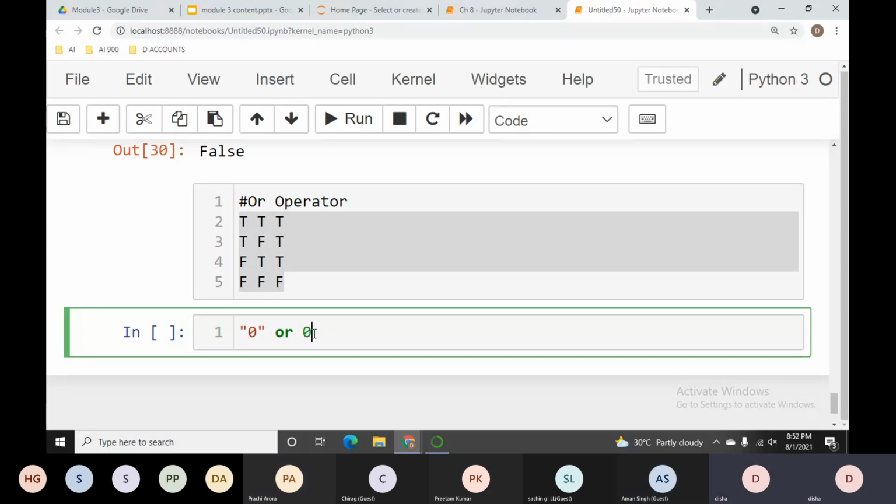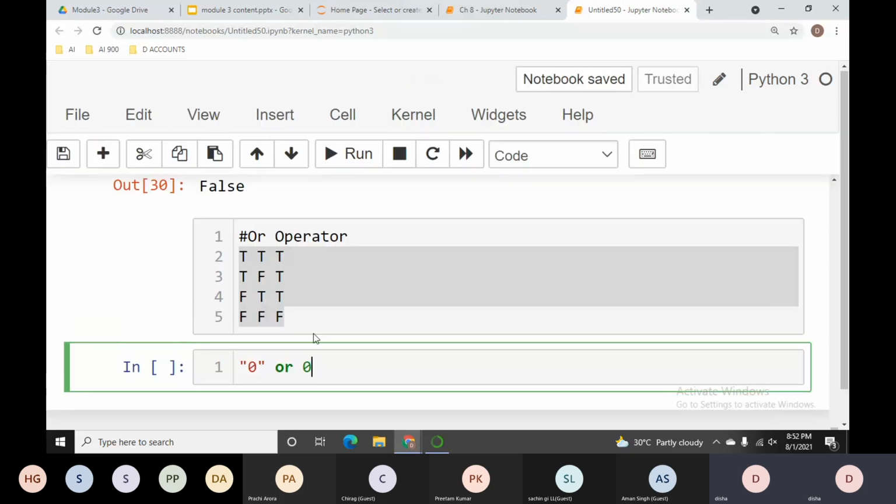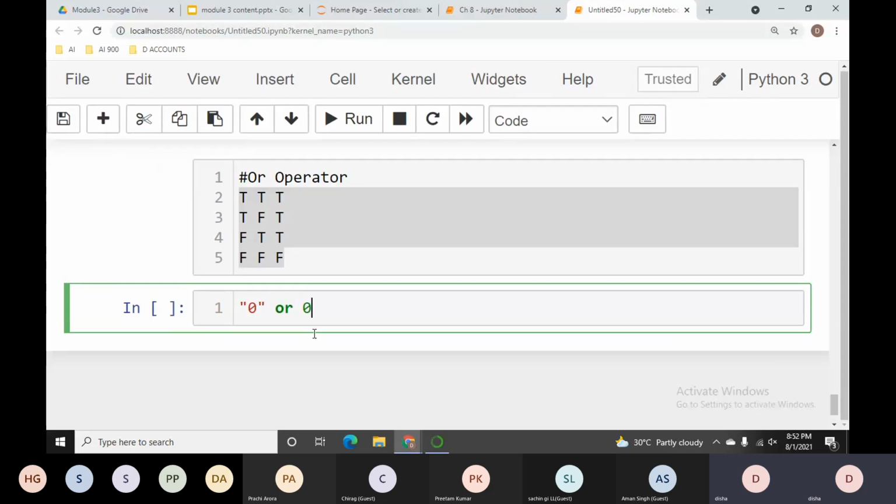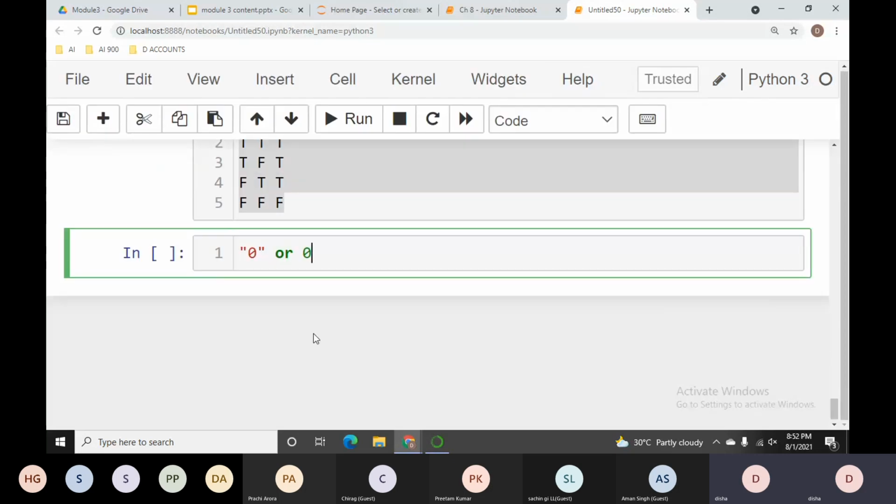See, who said that this is false? We are not going to get the result as false or true here. I just told you before that if we are just taking some values, then we will get the result as either the first operand or the second operand, right? We will not get the result as true or false. But if we are taking some conditions and between them I'm using my OR operator, at that time we will get the result true or false only. Fine.